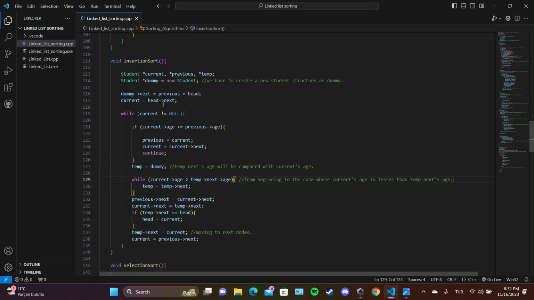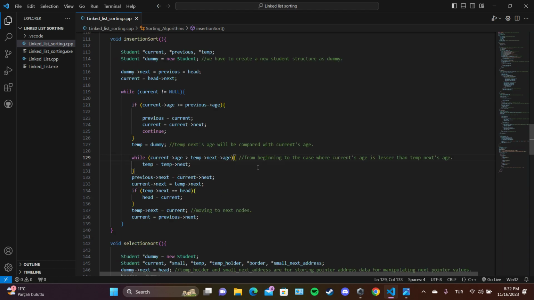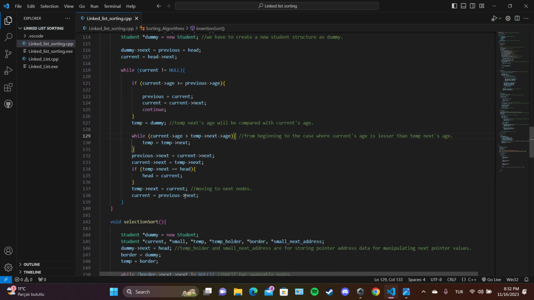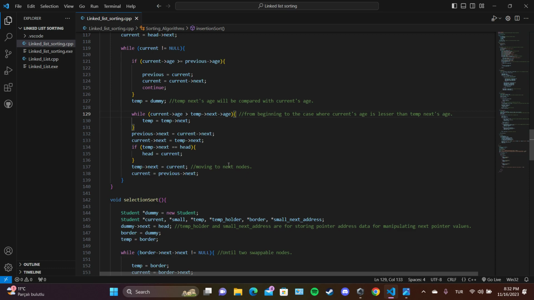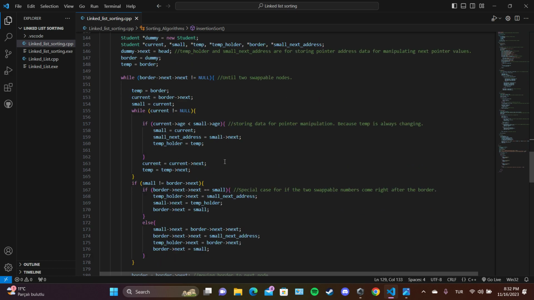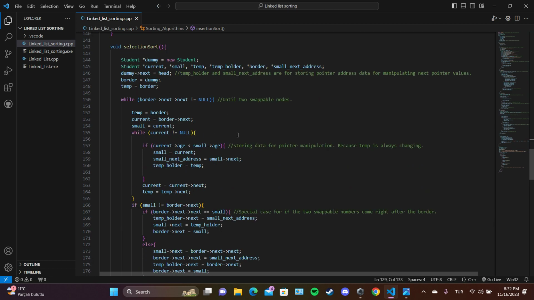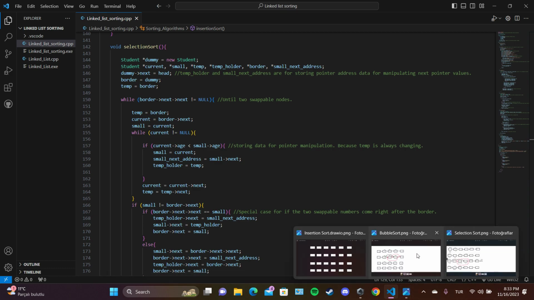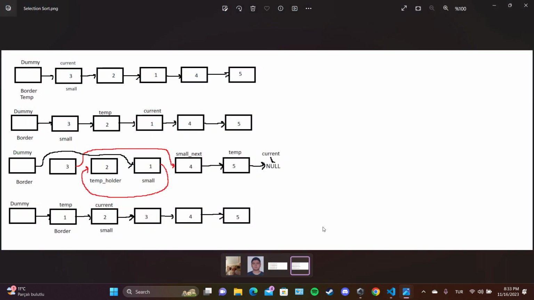And we also use temp for manipulating the next pointer values after swapping. And on this side we are moving to the next nodes, and on this side we got the selection sort. It's too complicated when we compare it with the other sorts on the linked list, and let me explain it on the last diagram. Selection sort,